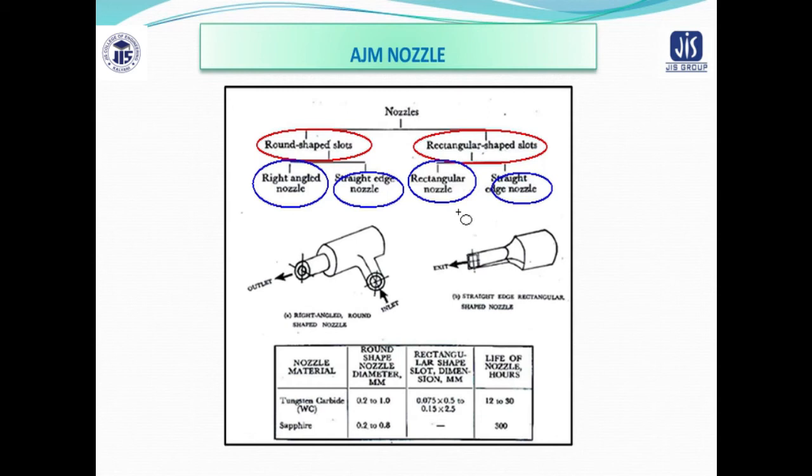Now, one more thing is that it is so designed that loss of pressure due to bends, friction, etc. is minimum possible. With increase in wear of nozzle, the divergence of jet stream increases, resulting in more stray cutting and high inaccuracy. So the most important thing is that if wear of a nozzle increases, the divergence of jet stream increases, resulting in more stray cutting and a lot of inaccuracy. So we should always watch out for this particular issue.